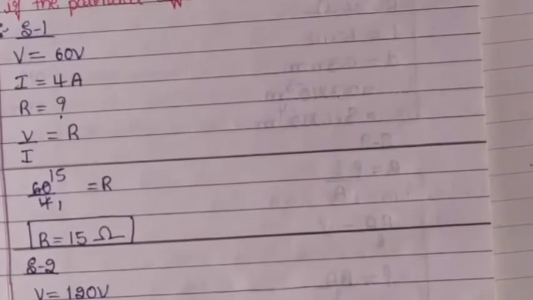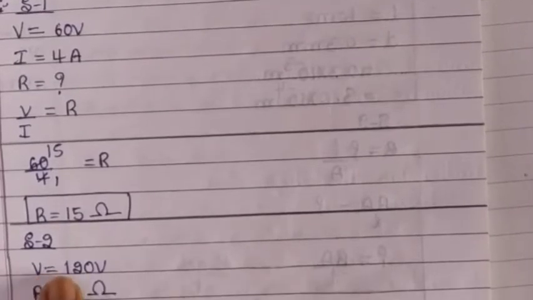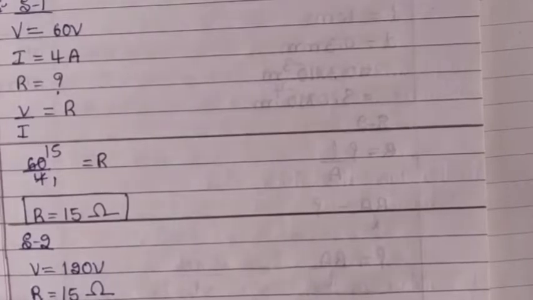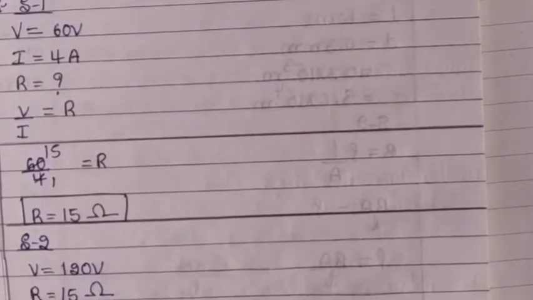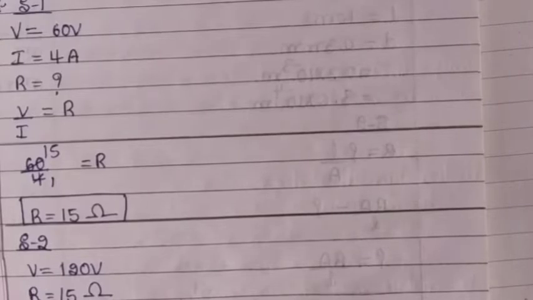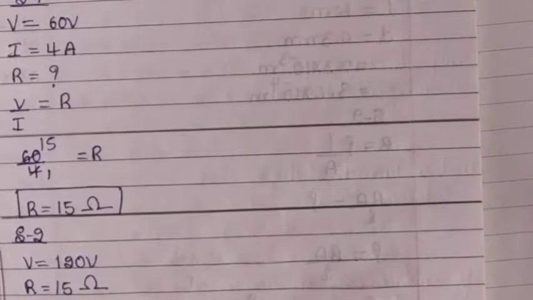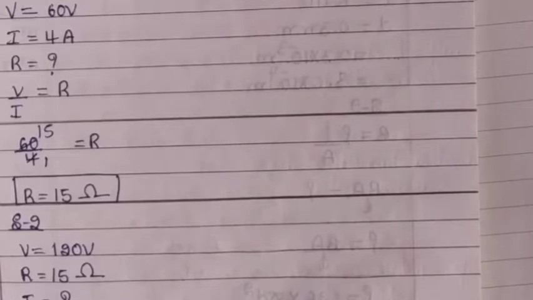And now the potential difference is increased to 120 volts, but the resistance is the same for that electric heater. At that time, how much current will be drawn by the heater? V is equal to 120 volt, R is 15 ohm, I is question mark now. Now from Ohm's law we can write V by I is equal to R. Now convert this equation according to the problem. V by R is equal to I.